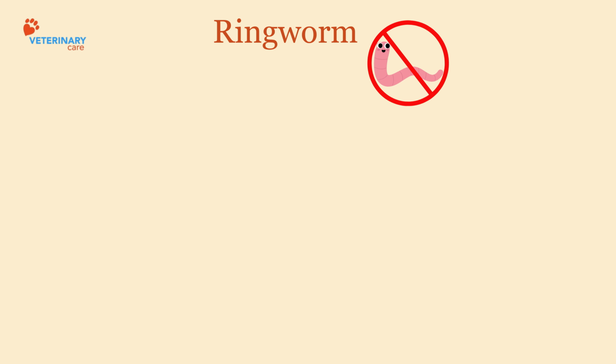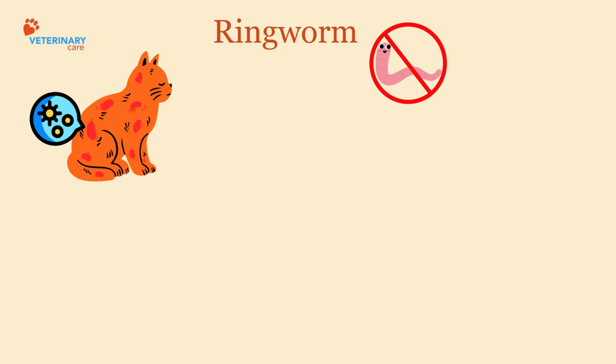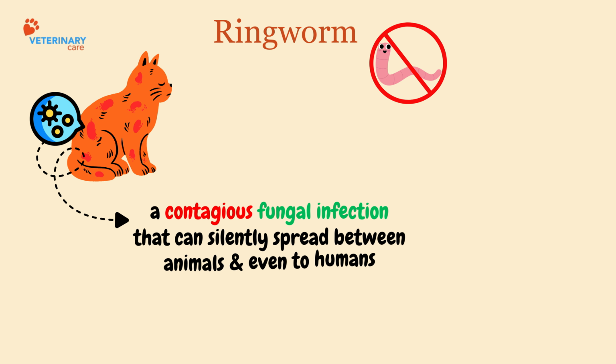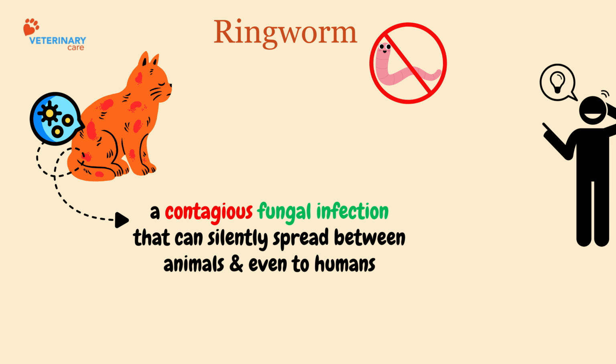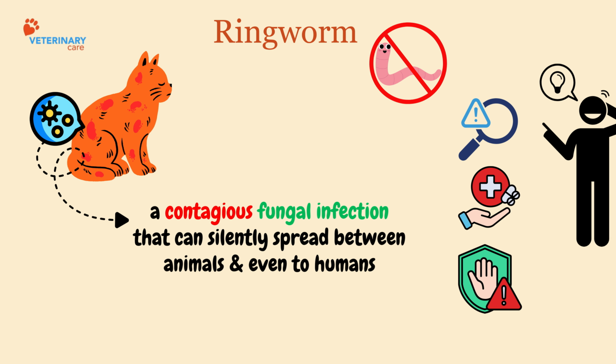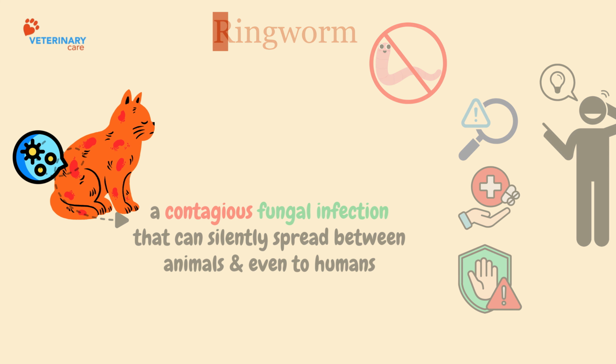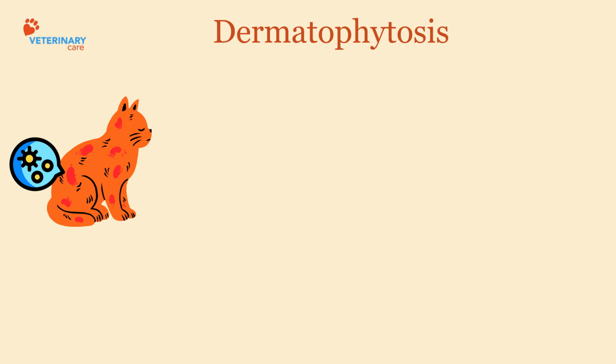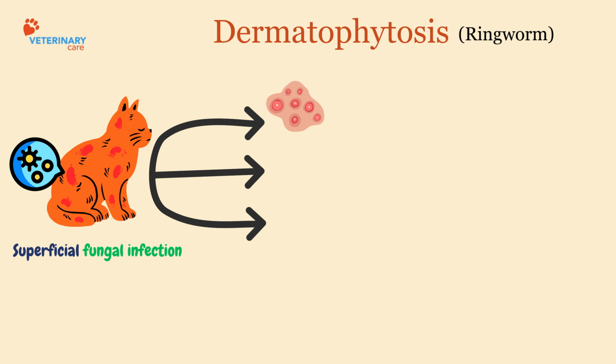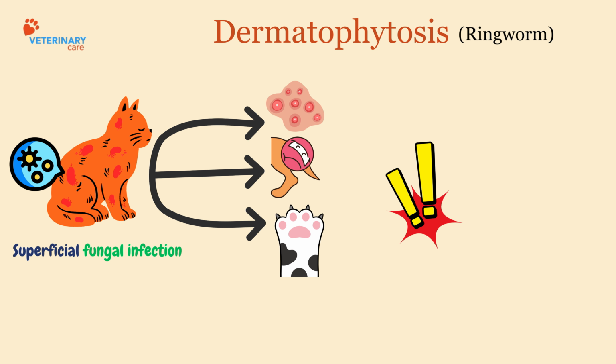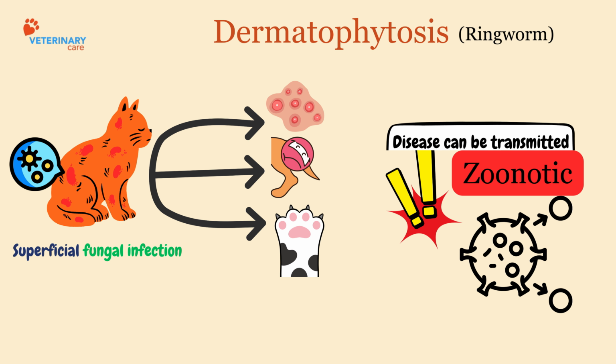Ringworm is not actually a worm, it's a contagious fungal infection that can silently spread between animals and even to humans. If you understand it properly, you can diagnose, treat, and control it effectively. Dermatophytosis, commonly known as ringworm, is a superficial fungal infection that affects the skin, hair, and sometimes the claws of cats and dogs. An important point to remember is that it is zoonotic, meaning it can be transmitted from animals